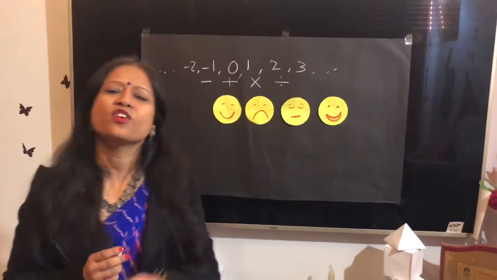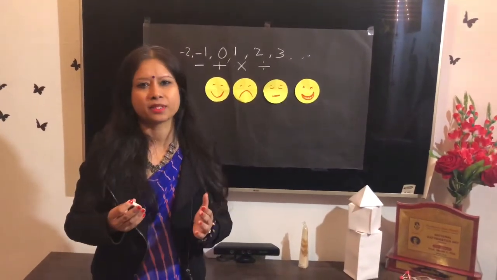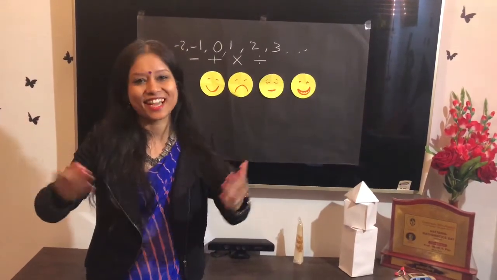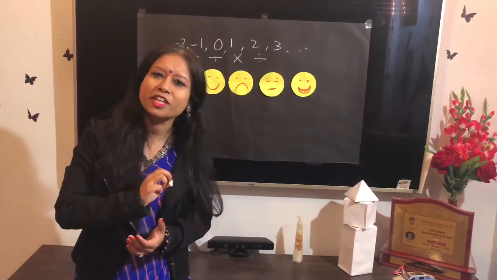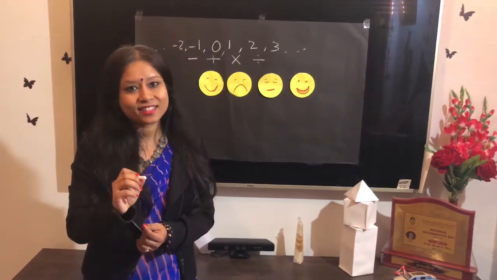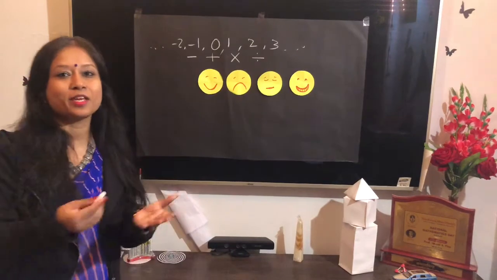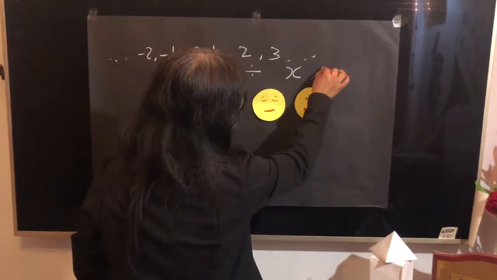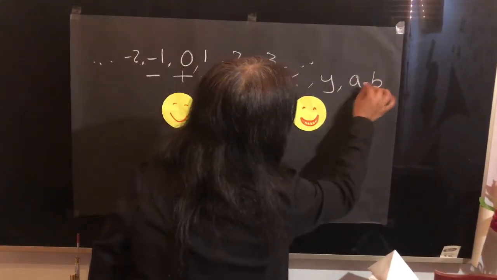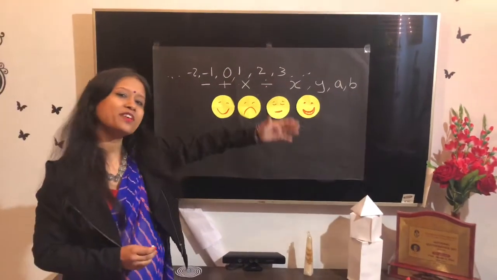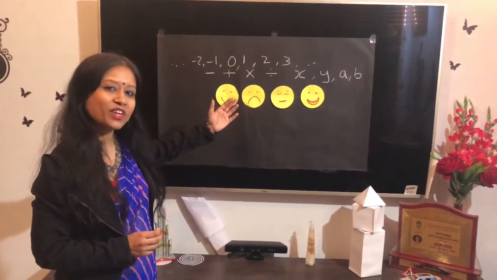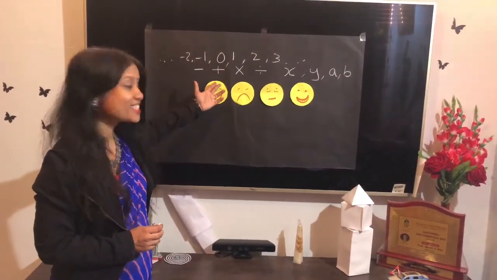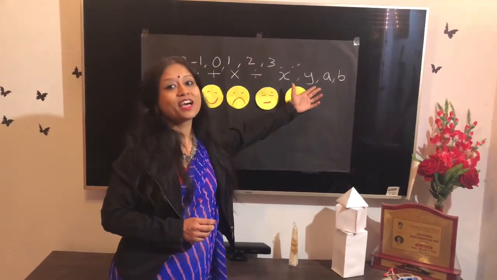Along with this, it has a very important thing called variables. Now, what do we mean by variables? A variable means a quantity that varies, that changes. But how do we denote variables? We use letters from the alphabet like A, B, C, D to denote variables. So it will have variables in the form X, Y, A, B and so on. So our mathematical expression consists of numbers, various operations and various variables.